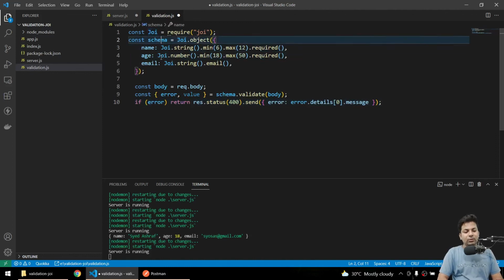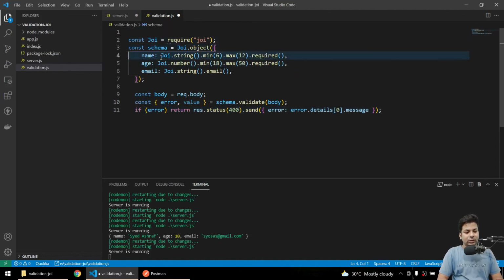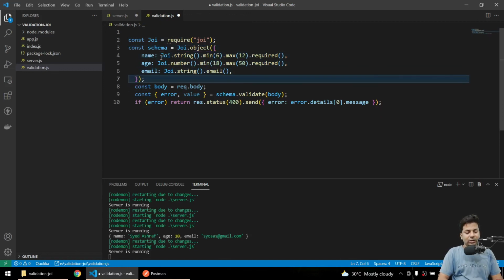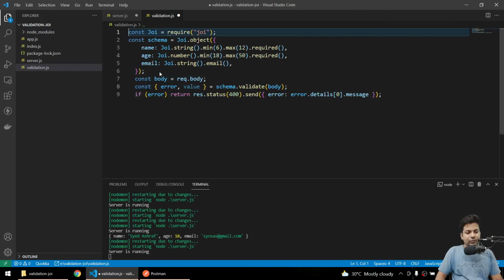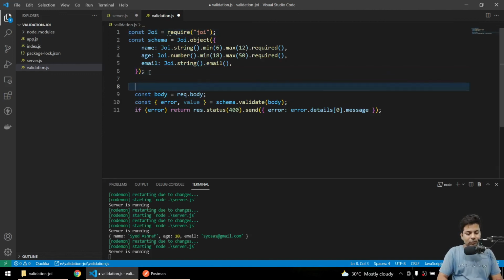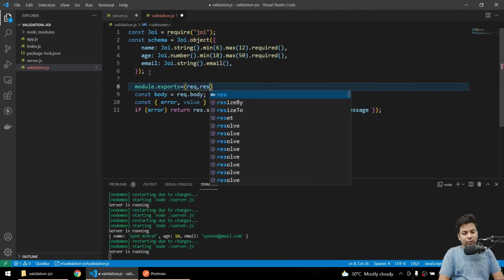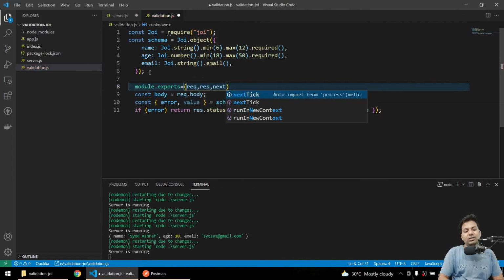Now at the top, the schema will be already defined, so in the end we'll say module.exports equals to a function with request, response and next, because it's a middleware.